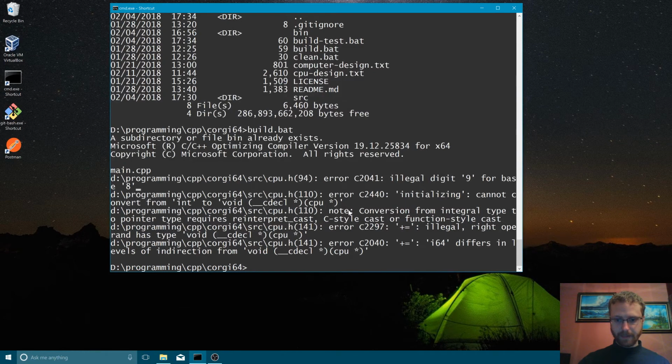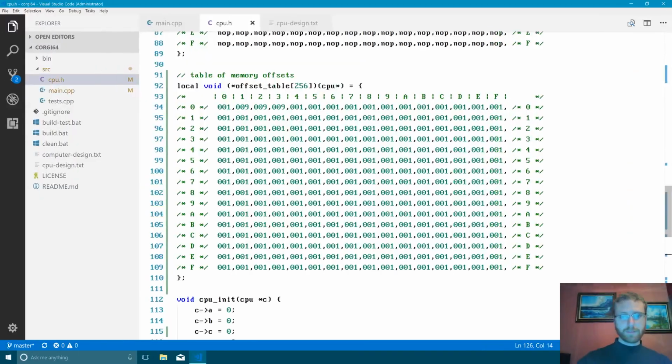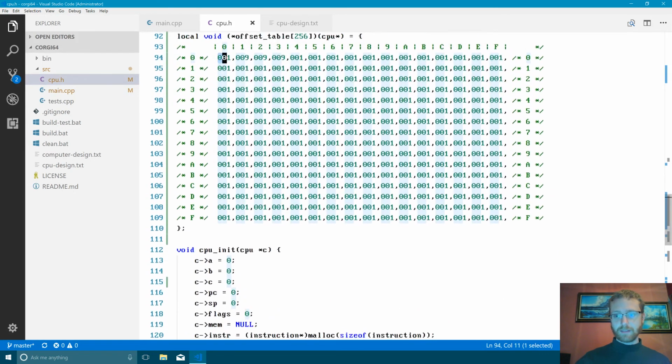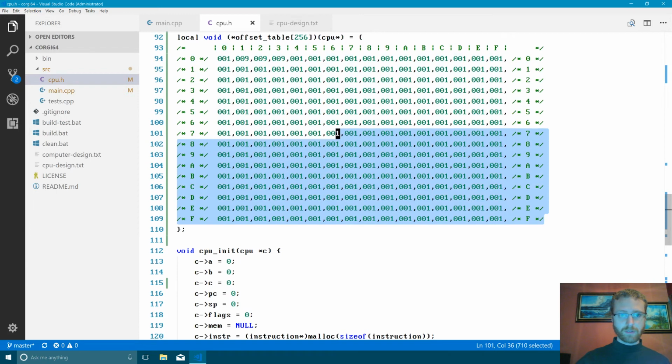Oh yeah, okay. So this is what I feared. Having a 0 in front means that it's an octal number. I use a lot of different languages, and apparently in the C language, when you put a 0 in front and it's not an X, it's going to want to write things in octal. So what we're going to do is